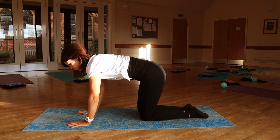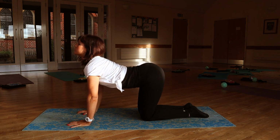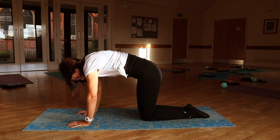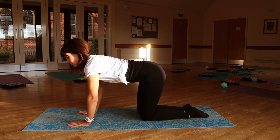So we're going to inhale, push the spine up. Exhale, lower the belly, chest through, head up. And again, round the back, gaze down towards the legs. And then come to a nice long spine, and then you're going to inhale to lift the right arm, left